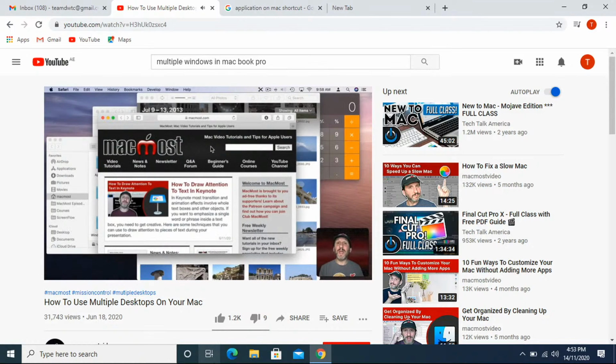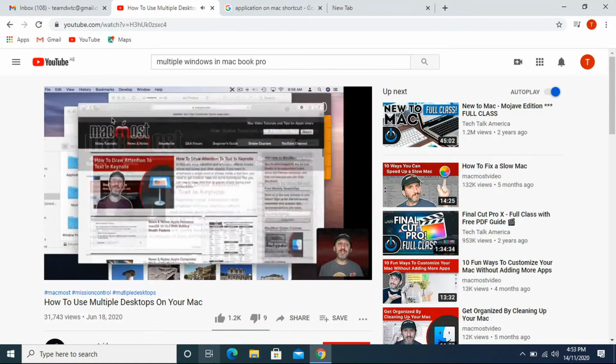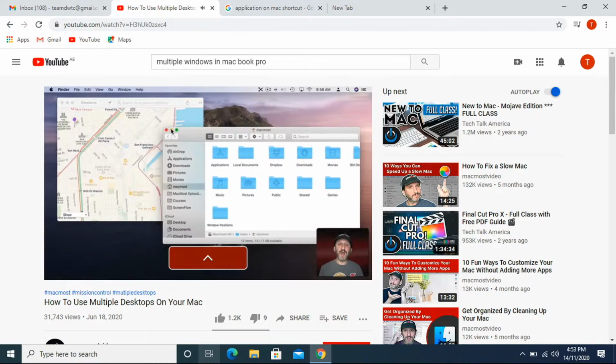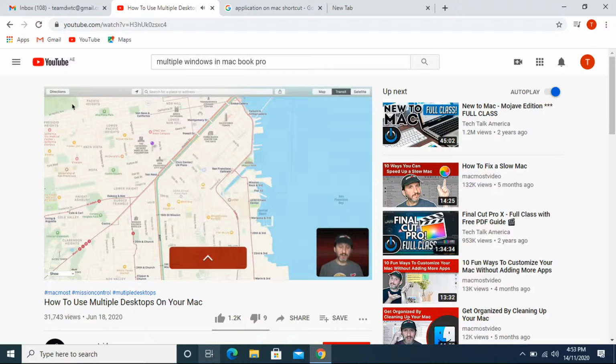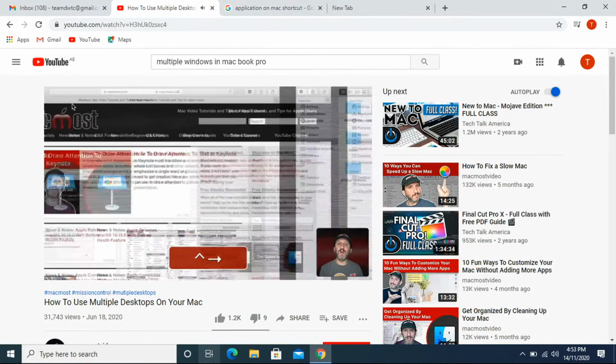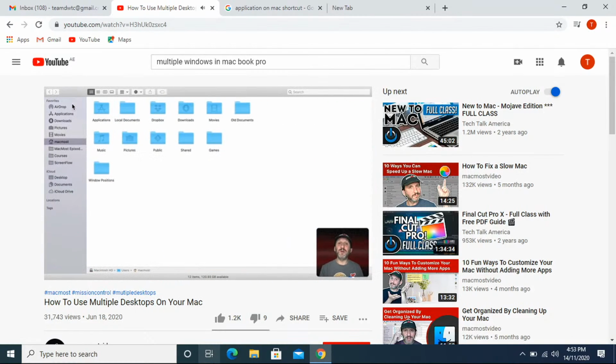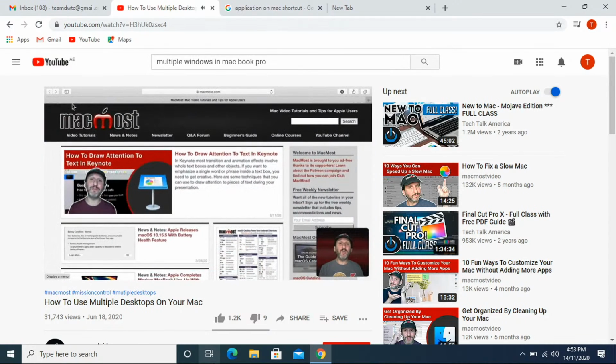So there are a lot of different ways to use these. Some people like just to have apps in full screen mode. So they'll have everything full screen mode. And then they'll be able to use Control, left arrow, right arrow to go between full screen windows for each app. And it's actually no problem if you want to drag and drop because you can click to drag something like